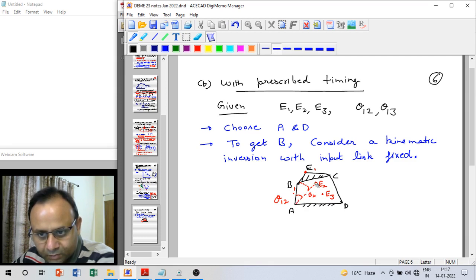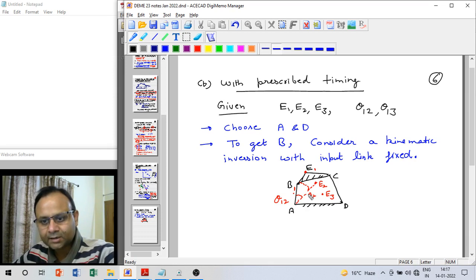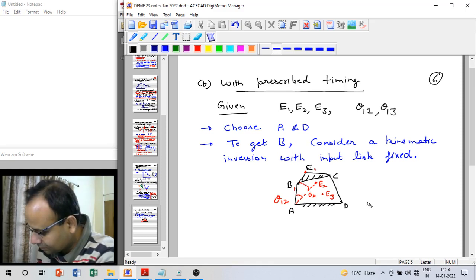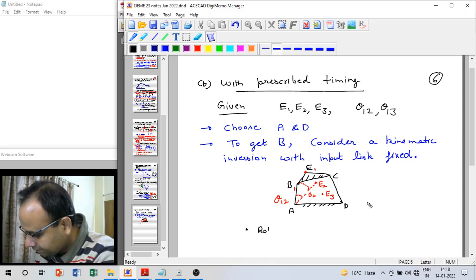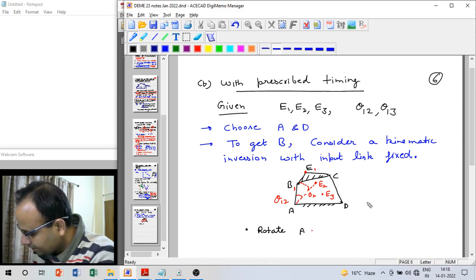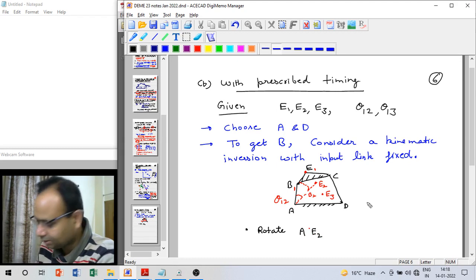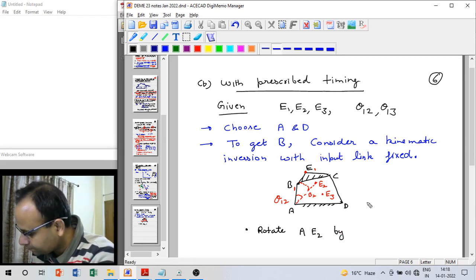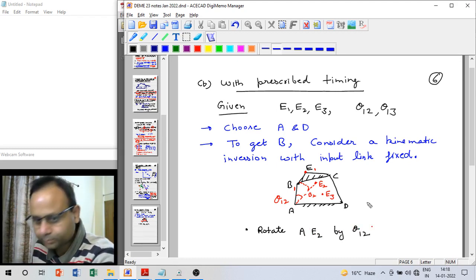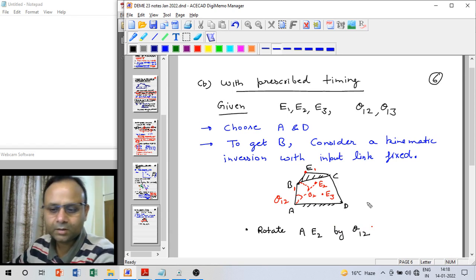You'll do that by rotating AE2 in the counterclockwise direction, in this case by theta 1 2 angle. Let me write here. You rotate AE2, because point A we already chose and E2 is already given to us. We rotate AE2 by theta 1 2 in the opposite direction,